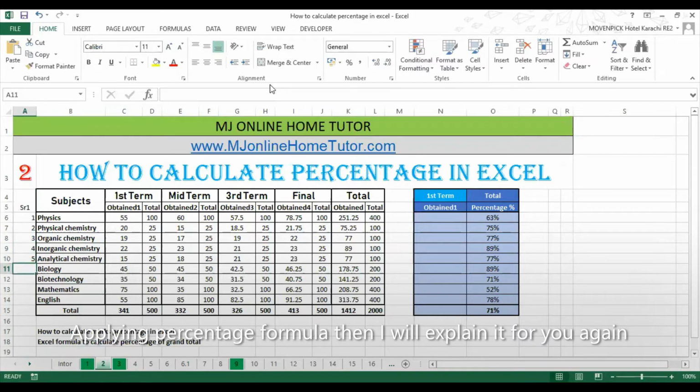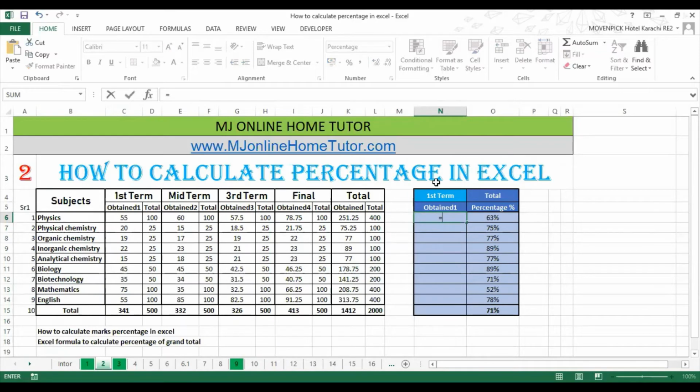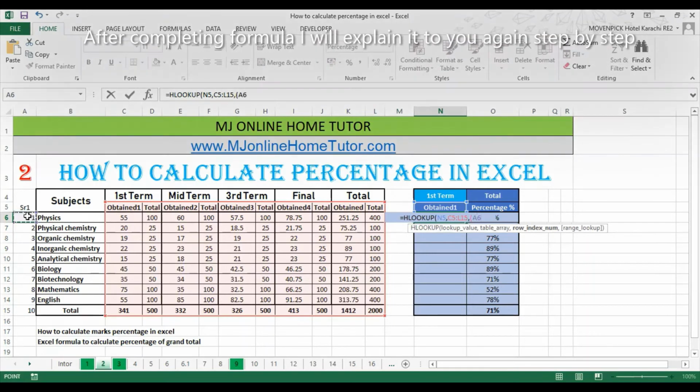Next we need to apply the number of subjects, and then we will get the total formula to get the result in percentage for each examination. For that I have to apply the HLOOKUP formula. The lookup value is the obtained result. The table array is all the numbers of the examination from obtained result to total. Then we will select the column index number with the help of a formula. The formula will be A6 plus 1 because we need the next index number.